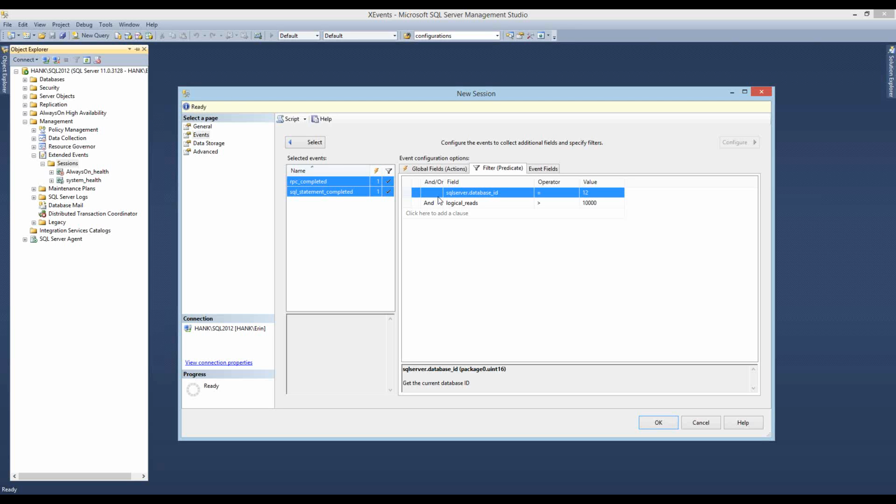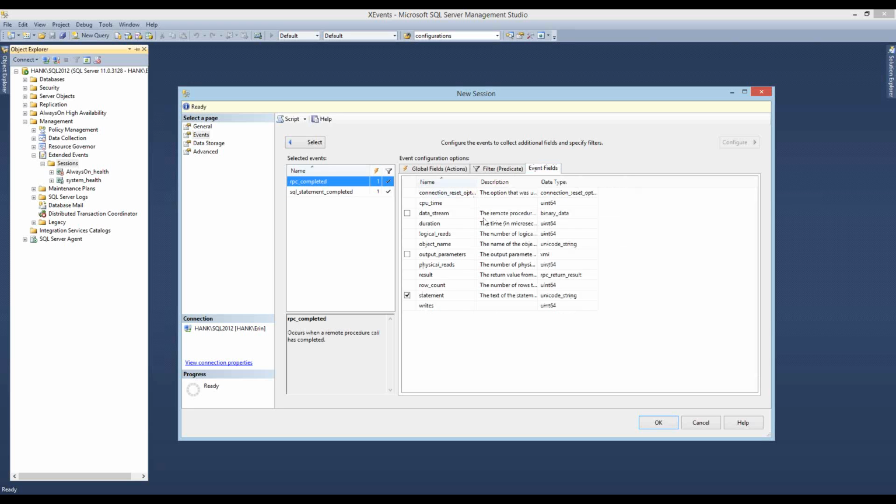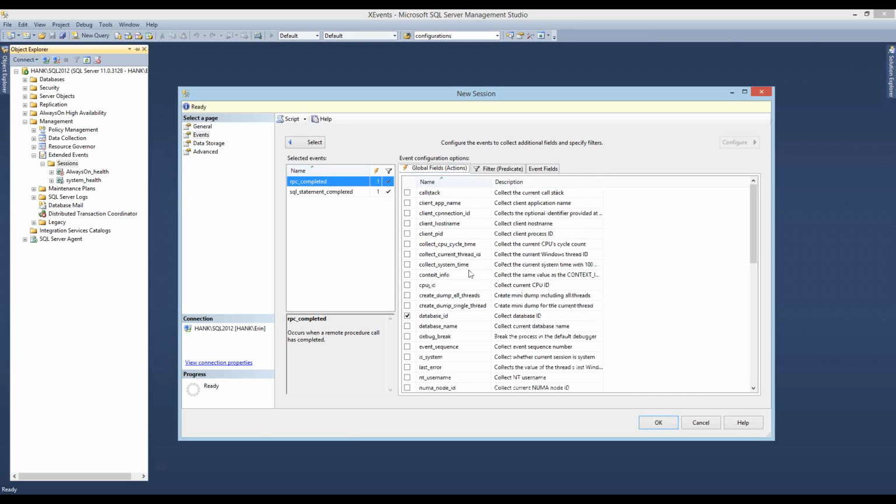Now one more thing I want you to be aware of with regard to your predicate. Remember I said that the event fields, which are over here, this is the default payload. So this means that when the RPC event fires, and if we're capturing it, it pulls that information. This information automatically is pulled with the event. When I have an action, this is additional information that it has to collect.